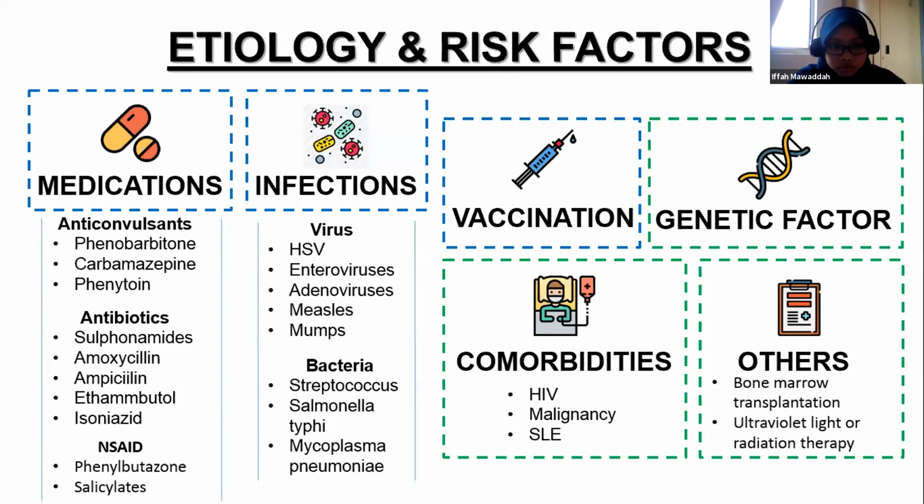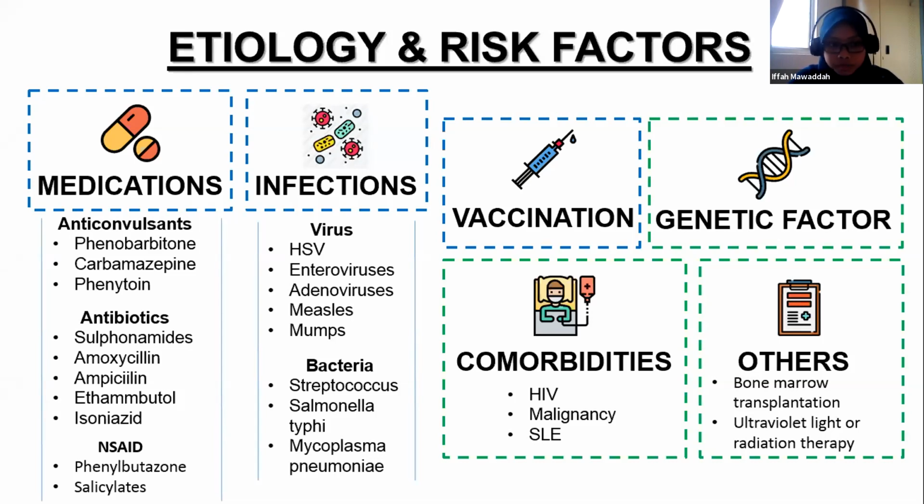For risk factors, HIV infection, underlying immunological disease or malignancy carries a higher risk. Patients with these comorbidities have a higher risk of getting Stevens-Johnson syndrome. The reasons for this risk are not fully understood, but it may be because of exposure to multiple medications, immune dysregulation, or presence of concomitant infection.